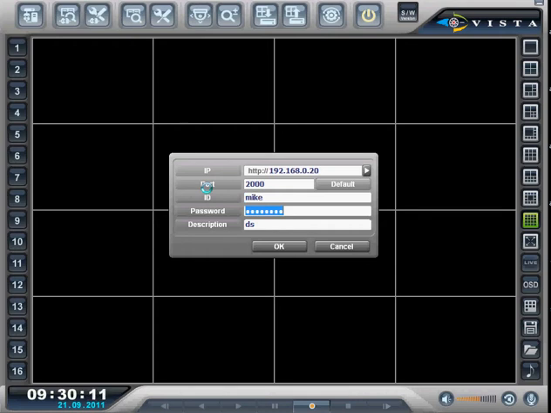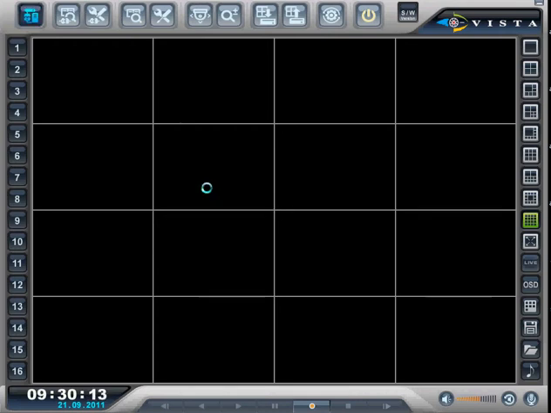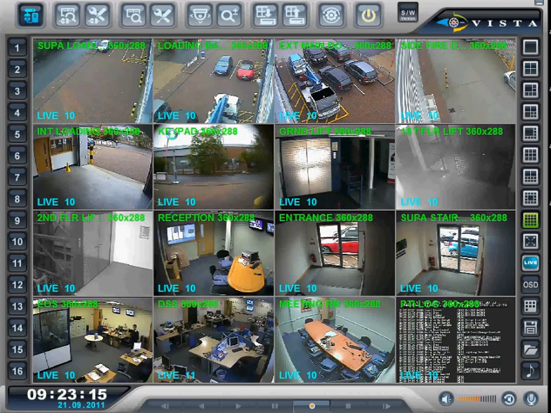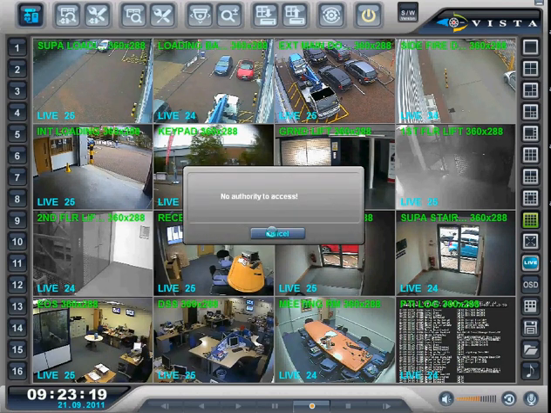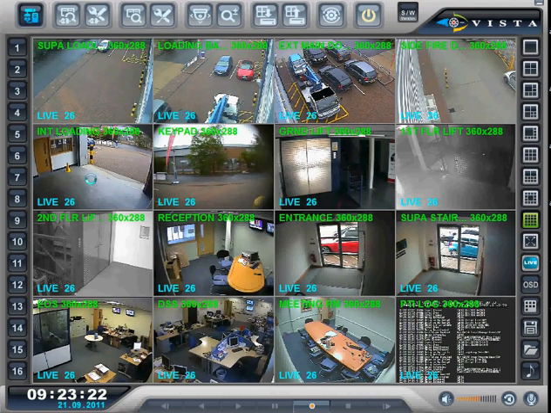putting in the password and connect, and there we go. Now I'm connected as Mike. If I click on remote setup, won't let me do it because we didn't give him that tick. And there you go. Just to let you know that you've got to keep